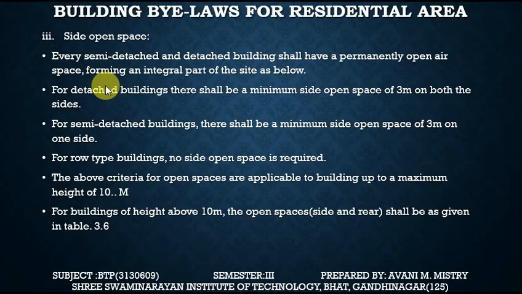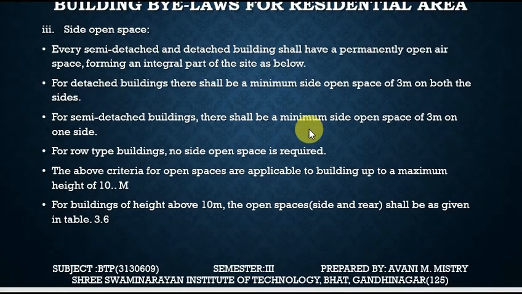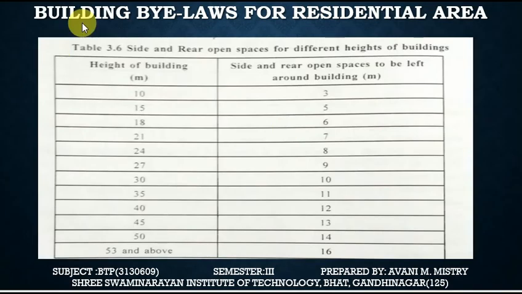The above criteria for the open spaces are applicable to building up to a maximum height of 10 meter. For the building of height above 10 meter, the open spaces shall be given in table. यहाँ पे एक टेबल दिया है। फॉर एग्जांपल बिल्डिंग की हाइट 10 मीटर है तो हमें साइड ओपन स्पेसेस कितनी है। हाइट ऑफ बिल्डिंग 10 मीटर, 15 मीटर साइड एंड rear open spaces to be left around the building 3 meter 5 height के हिसाब से ये spaces है।